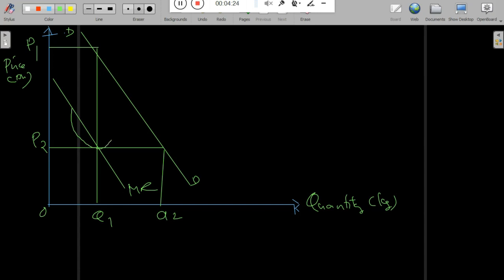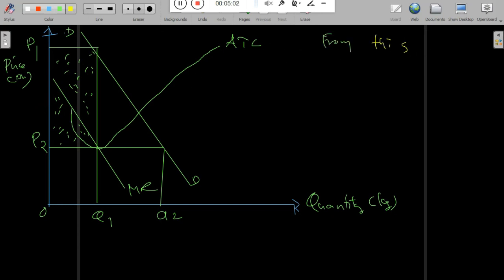So when it is forced to reduce the price, if the price is reduced to that minimum amount, the long run average total cost cuts across the marginal revenue, as you can observe. So from this figure above, the monopoly has been forced to reduce the price from P1 to P2, as you can observe. If it reduces the price from P1 to P2, in this case the monopolist earns a normal profit.